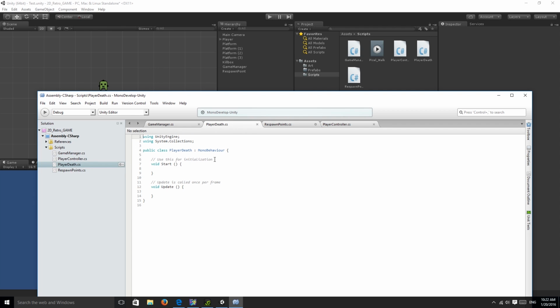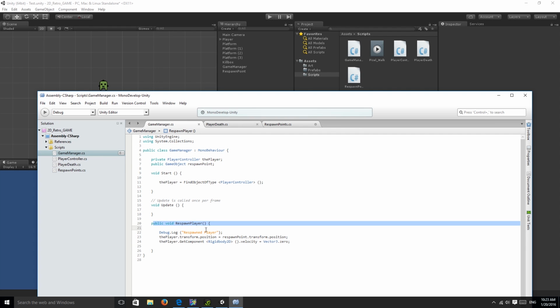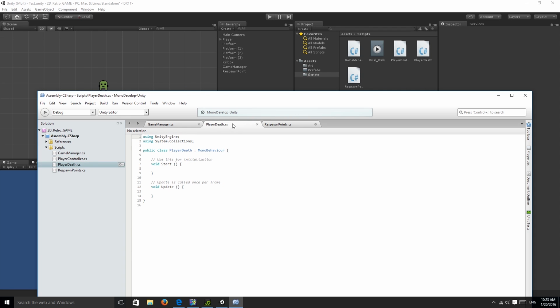So going back to the player death. Sorry if I'm all over the place. So back into our player death script, what I want to do is that every time our player dies, we want to access the game manager, and we want to access the public void respawn, coding. So from player death,